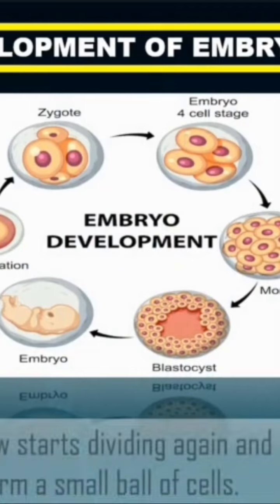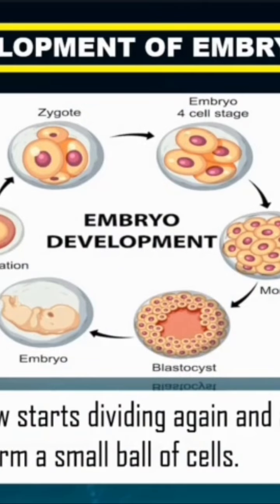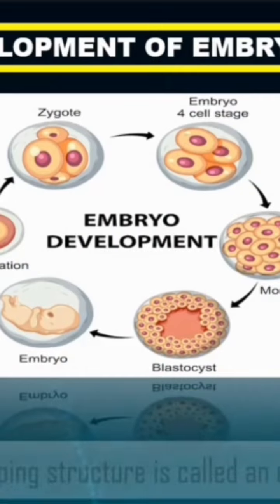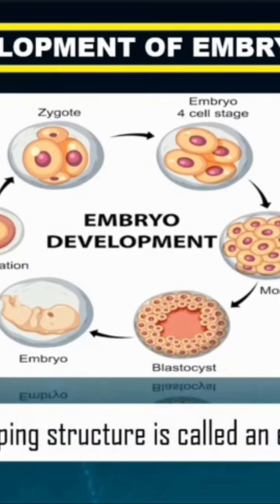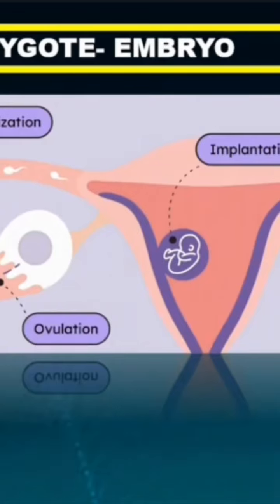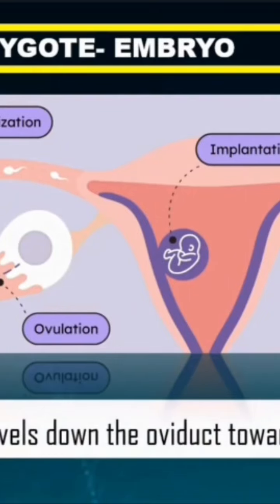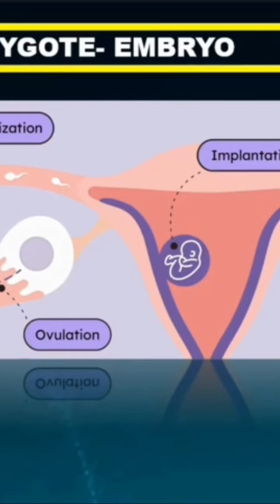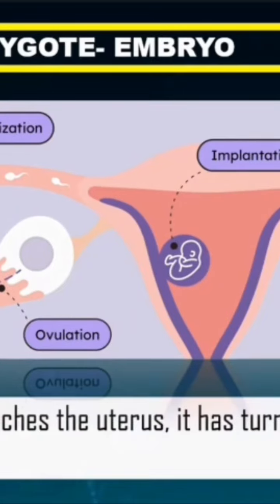The single cell starts dividing again and again. These repeated divisions slowly form a small ball of cells. This developing structure is called an embryo. At this stage, the embryo travels down the fallopian tube towards the uterus. By the time it reaches the uterus, it has turned into a tiny mass of